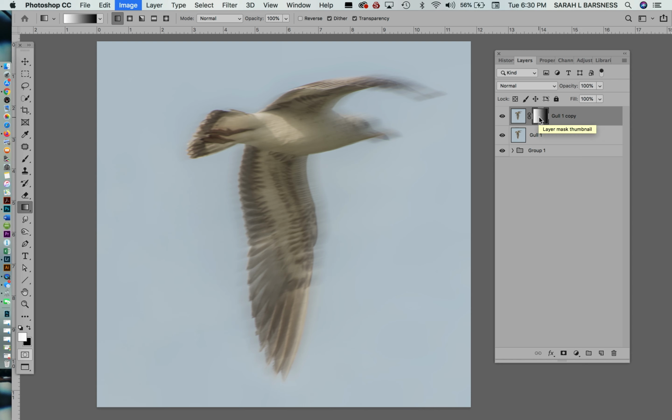I'm just going to Command I and inverse it. And you can see now that that blur is only applied to the one side. And it seems like he's blurring out at the back. Now, if I decide that I want to actually make that a little bit more minimal, I'm going to go ahead and